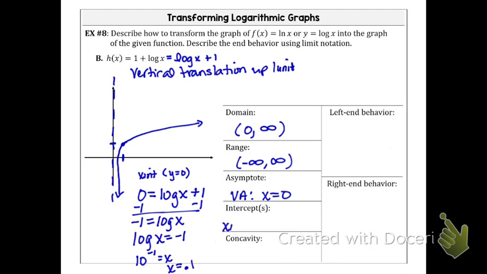So I have an x-intercept at 0.1, comma 0. Or you could say 10 to the negative 1, comma 0. We can see that this is concave down. It is increasing at a decreasing rate. And then our left-hand behavior is the limit as x approaches